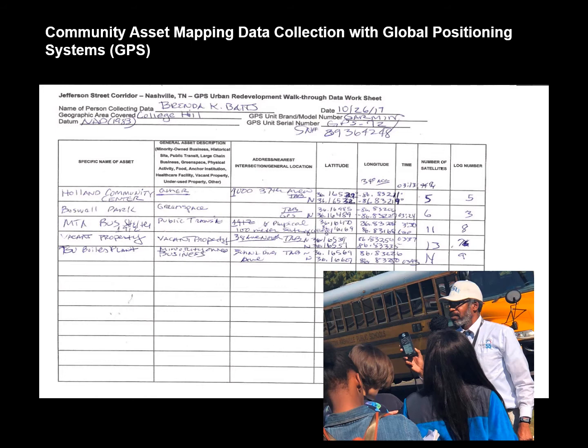And obviously the name of the person collecting the data is very important in case you have to check back with that individual and ask them, is that a 6 or a 5 that you wrote? Is that an 8 or a 9 that you wrote down? Because sometimes, as you can see, when we are handwriting information, people might not write as clearly as we would like them